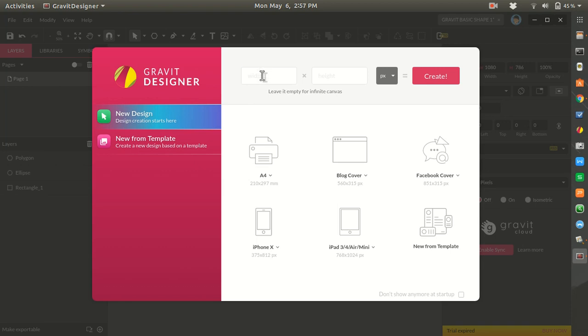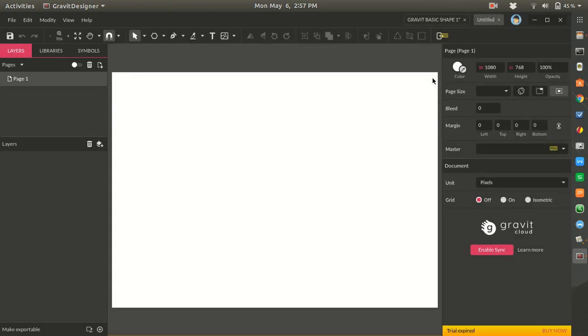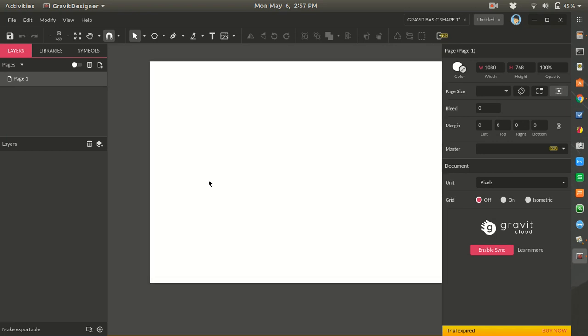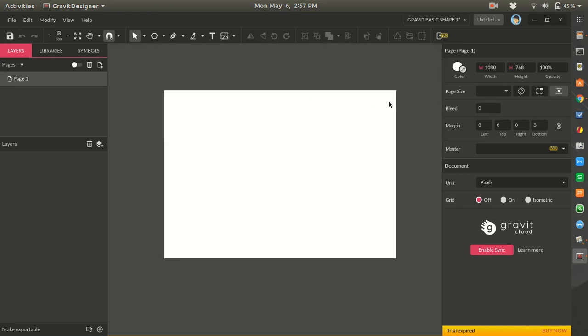I'm going to use a standard size, 1080 by 678 pixels, and then you just create. Voila. This is your canvas. You just key in the numbers, the width and pixels. This is your canvas,